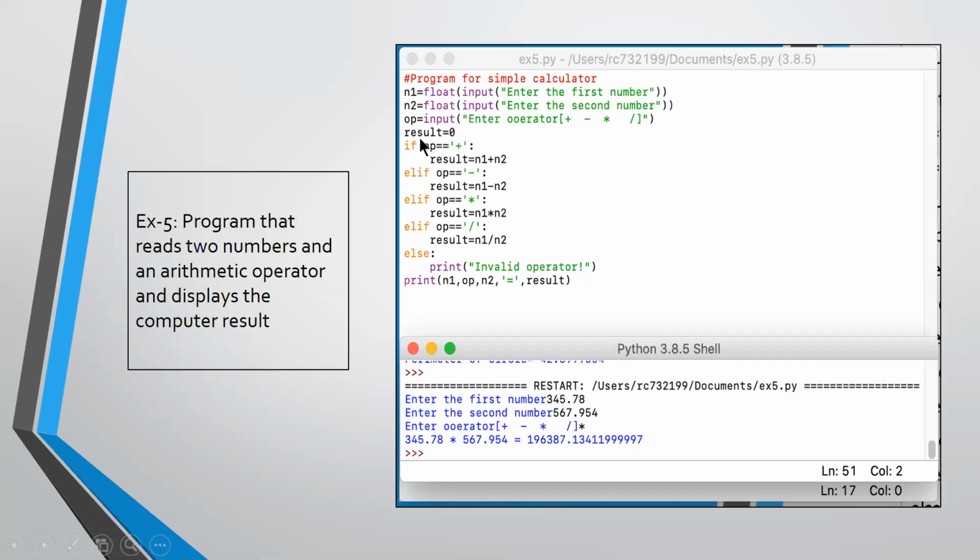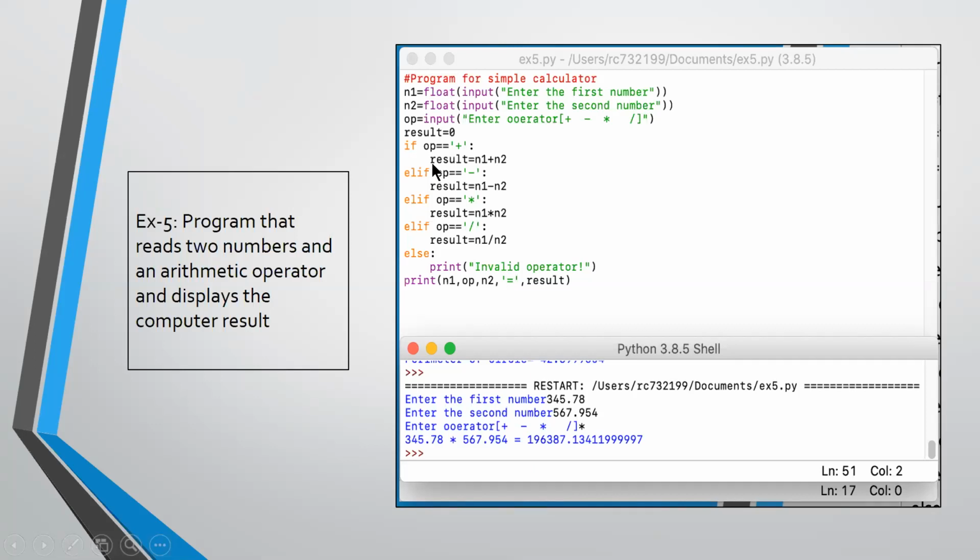Then I'm declaring the variable result and initializing it with the value 0. Then here I'm checking the condition: if operator is equal to plus, if the user wishes to do the addition, then I will evaluate result is equal to n1 plus n2.